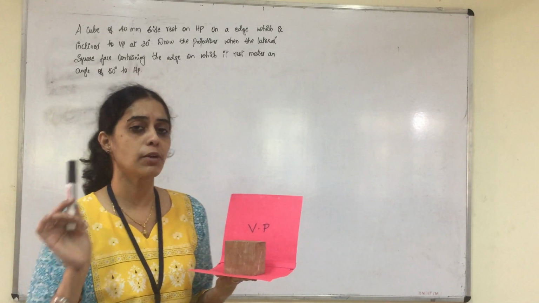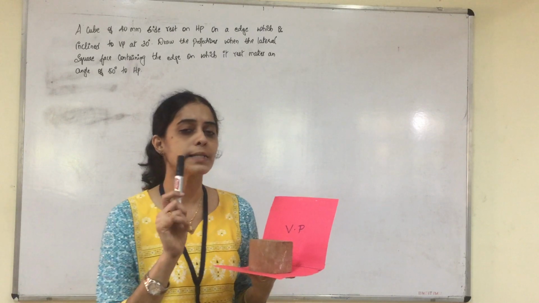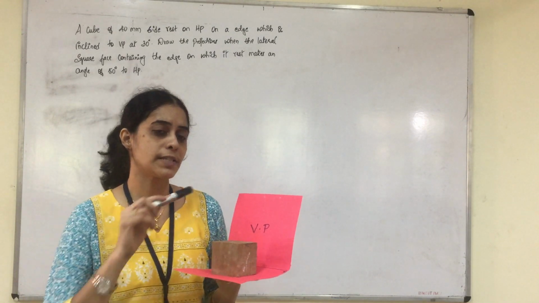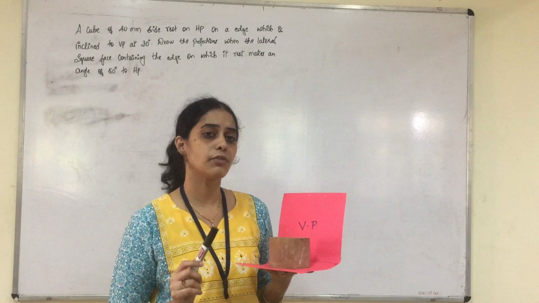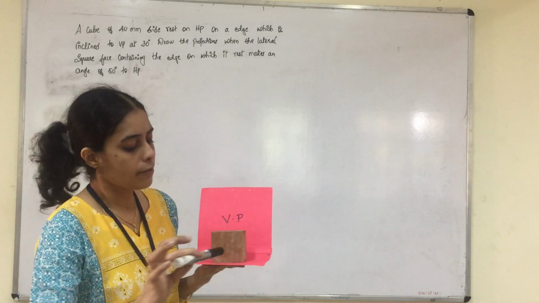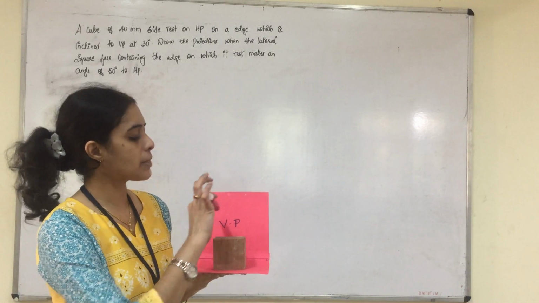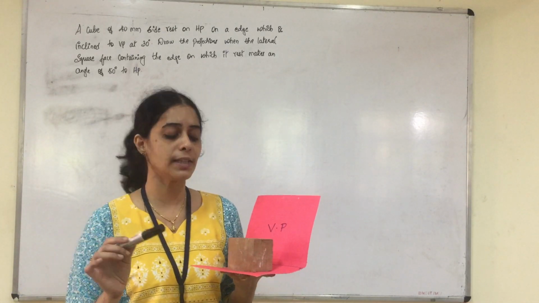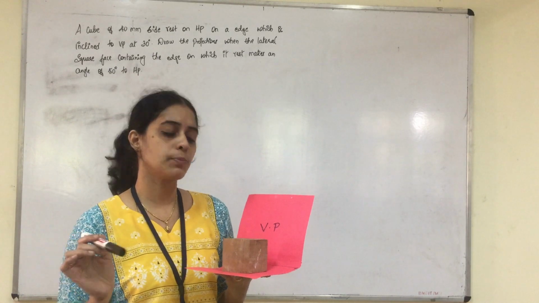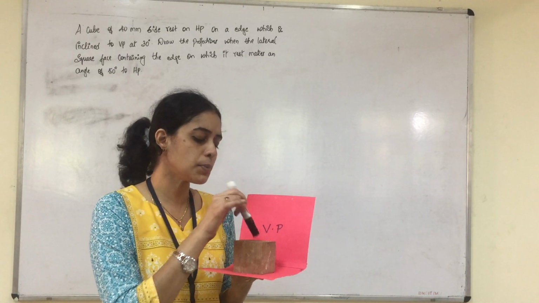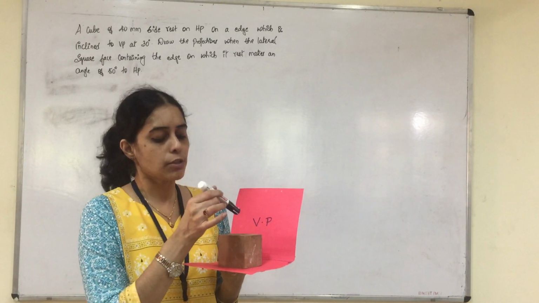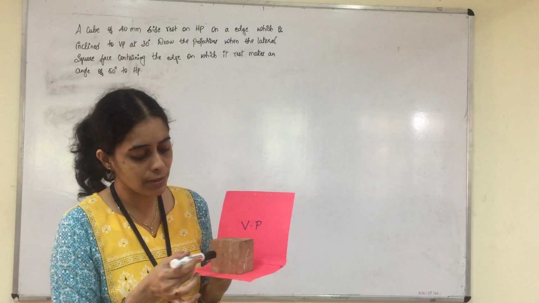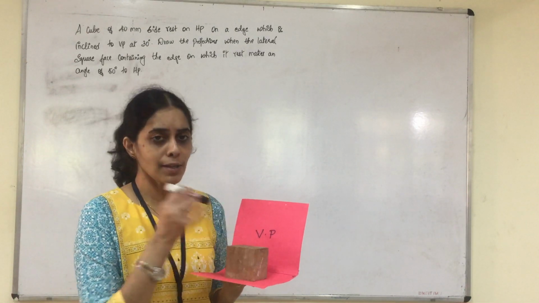Don't confuse with that of square prism. In square prism, the square prism is bounded by rectangular surface, and hence we see a rectangular surface here. Since it is a cube, when you view from the front, you will just have a square as our front view. Along with that, the axis line will be visible because you have the center of the top surface and the bottom surface. So the axis height passing through the top and the bottom surface also will be visible when we see through our front view.